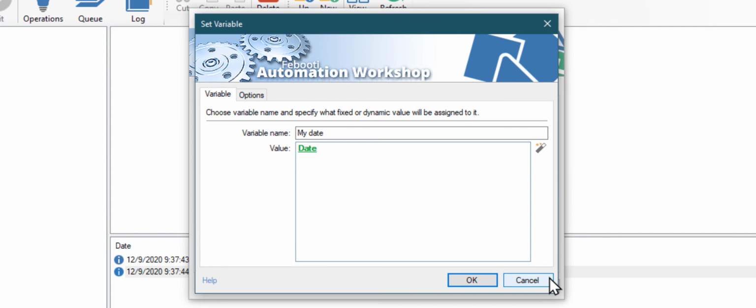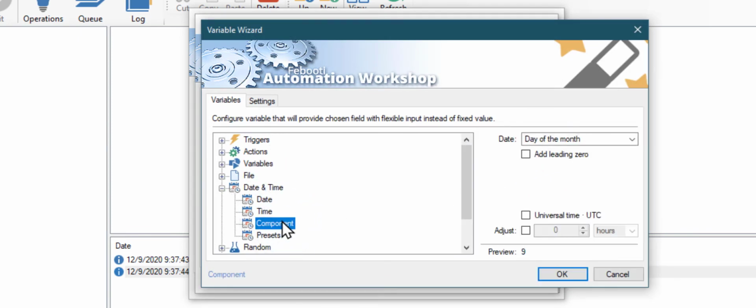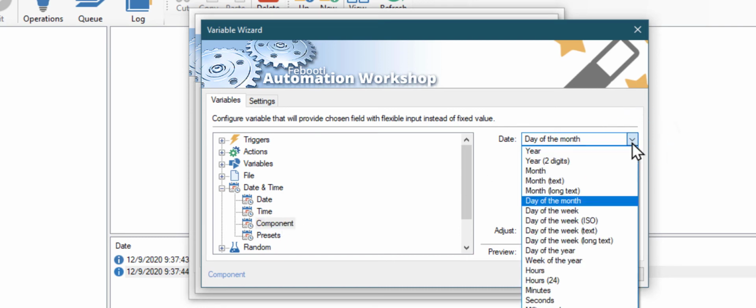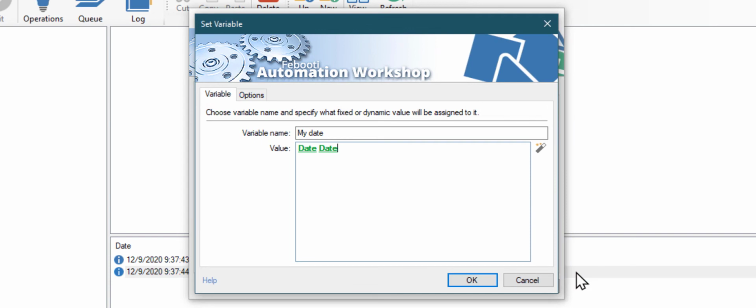Add a space character to separate our date parts. Now, repeat the same steps for the month and the day. Don't forget a space character.